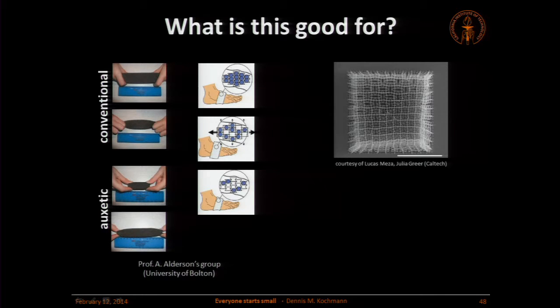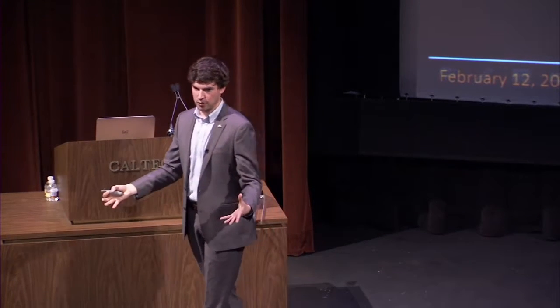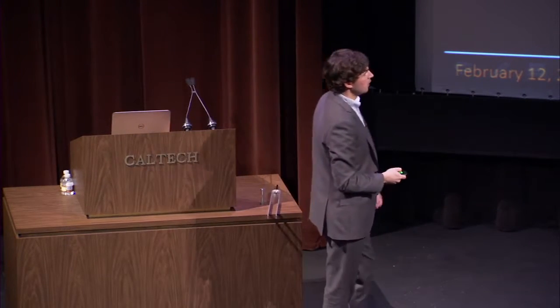Imagine you have a bandage, which is made of this material, and it contains some medication. You put it on the wound, and as the wound swells, all these pores open up, so it can release the medication automatically into the wound. It absorbs the blood, and as the wound swelling goes away, it closes its pores again. So there's no medication going out anymore. The blood is contained on the inside. That's one application where you can use it. Another one are